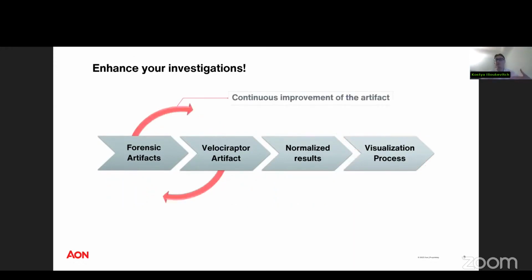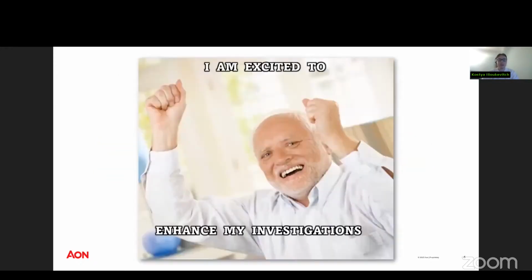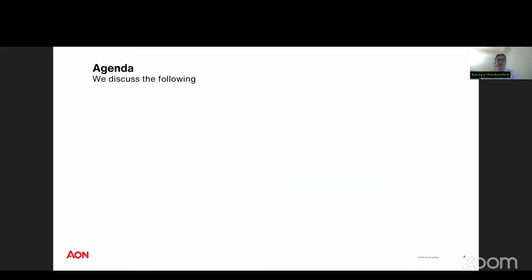And the beauty of Velociraptor is that it's open source and it's always easy to change VQL as you want it. And as such, as new forensic artifacts are discovered or someone would want to implement a particular artifact into the Velociraptor artifact, that will be done through continuous improvement. To start off, I'm quite excited to go ahead and enhance my personal investigations in DFIR. The agenda that we'll be following for today is we'll start off with an overview